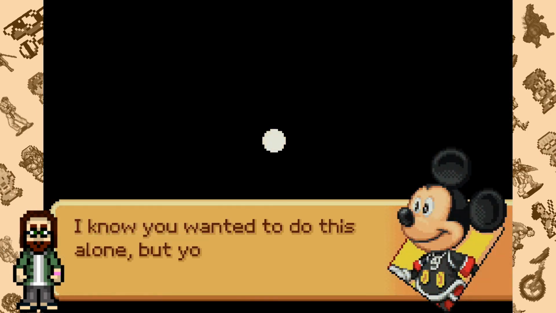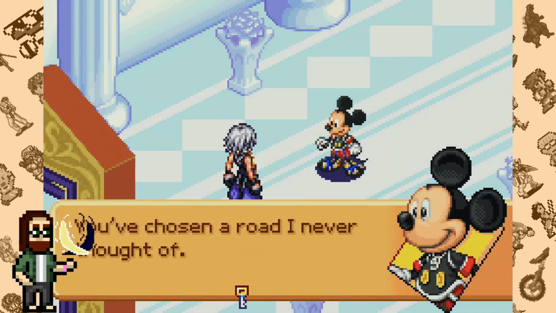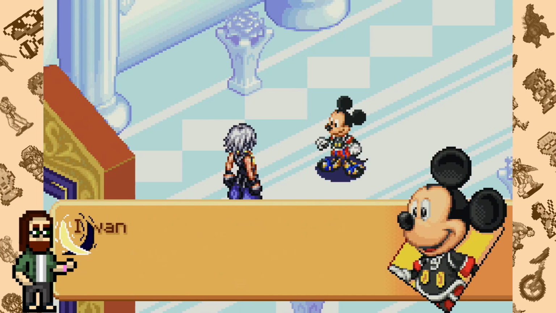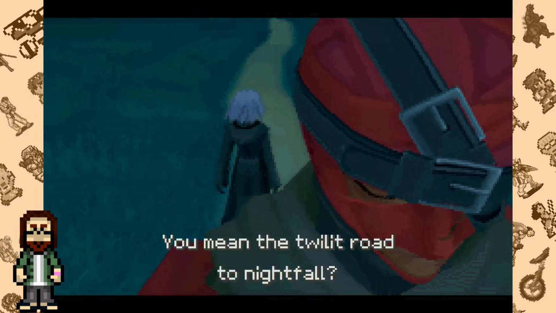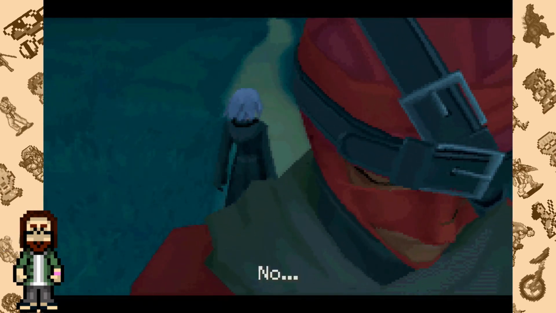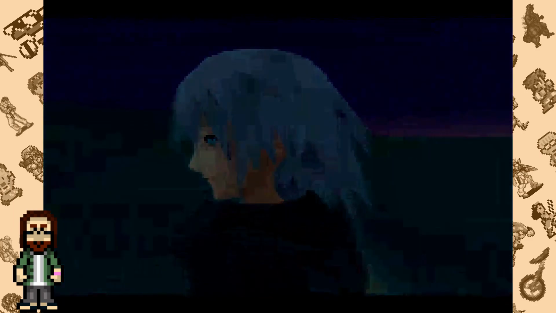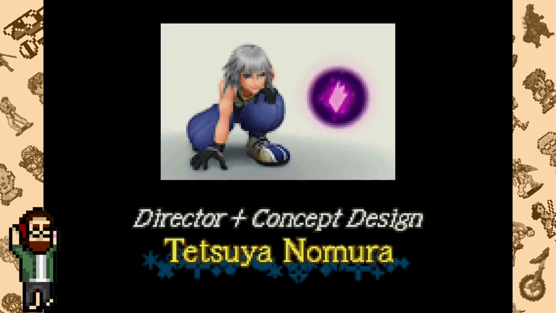When the darkness starts to spread, Mickey comes to aid Riku. Afterwards, the two talk about the fact that Riku is combining light and darkness in a way never seen before, and that Mickey wants to see where this will go. This has Riku telling Diz that he won't walk the road of light or dark, but rather the middle road that leads to dawn. When each story ends, the player gets hit with a blast of Simple and Clean, which